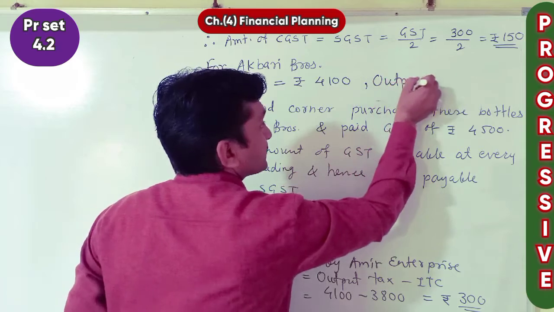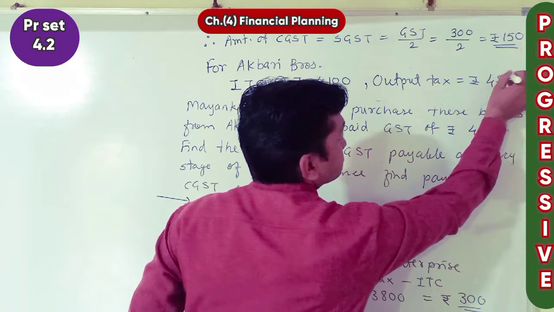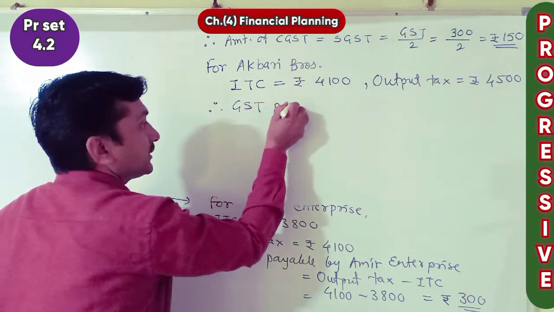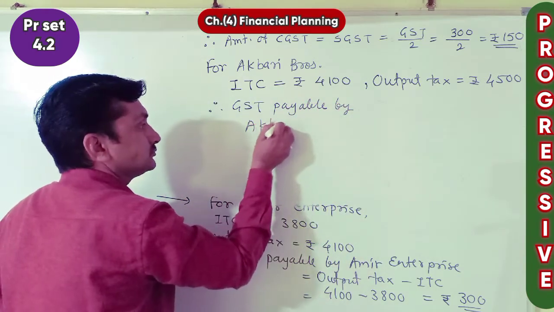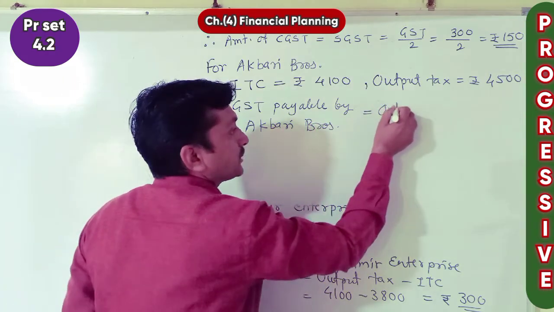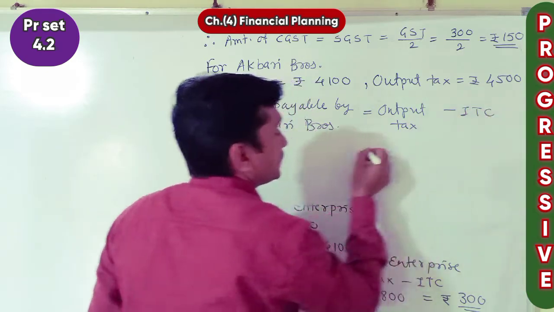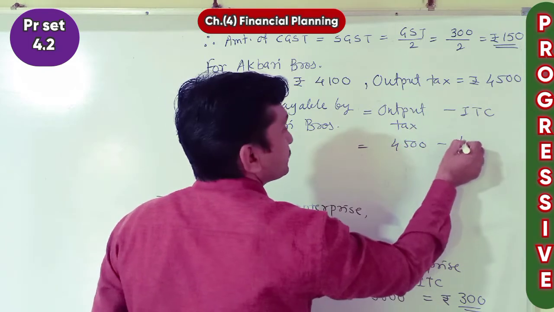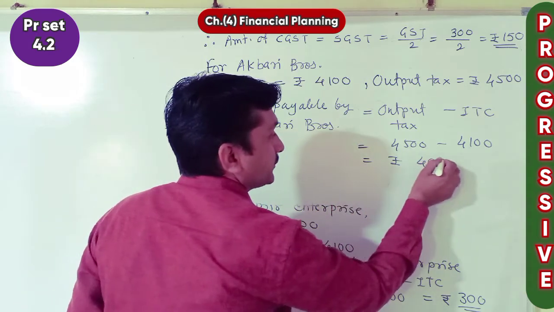Output tax is rupees 4500. Therefore GST payable by Akbari Brothers is equal to output tax minus ITC. Now output tax for Akbari Brothers is 4500 minus ITC 4100 is equal to rupees 400, and